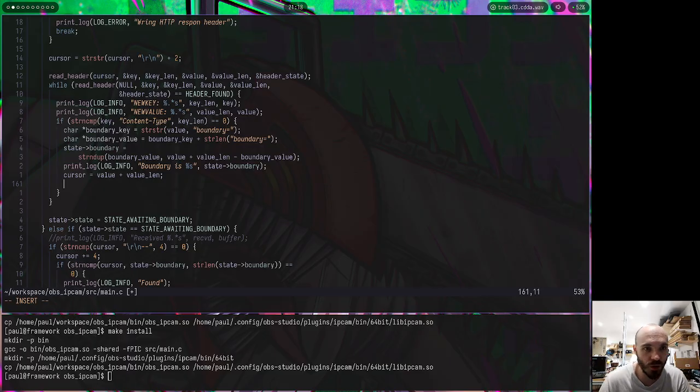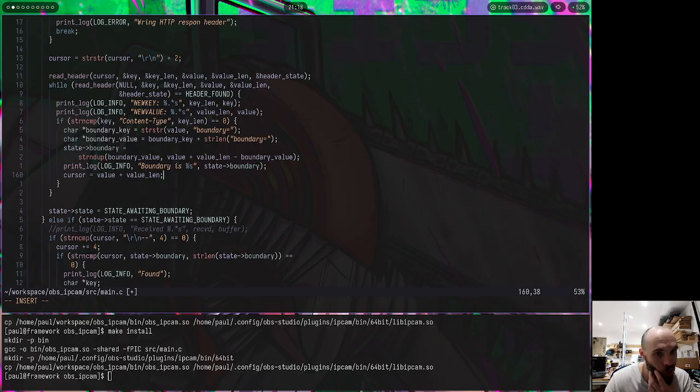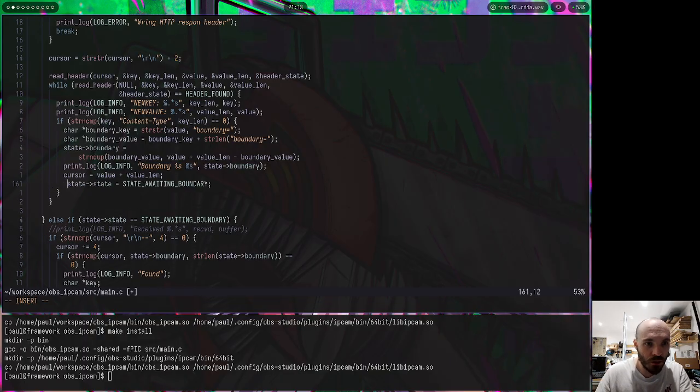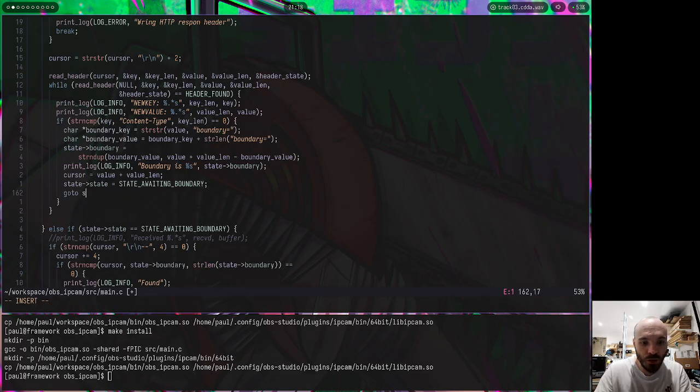So this is where I need to figure something out, because this is going to do a read header, and this is header found, and if it's not header found, it's just going to go out of it and say it's fine, but I need something else, right? Because this here, when it finds the boundary, I should automatically await the boundary,